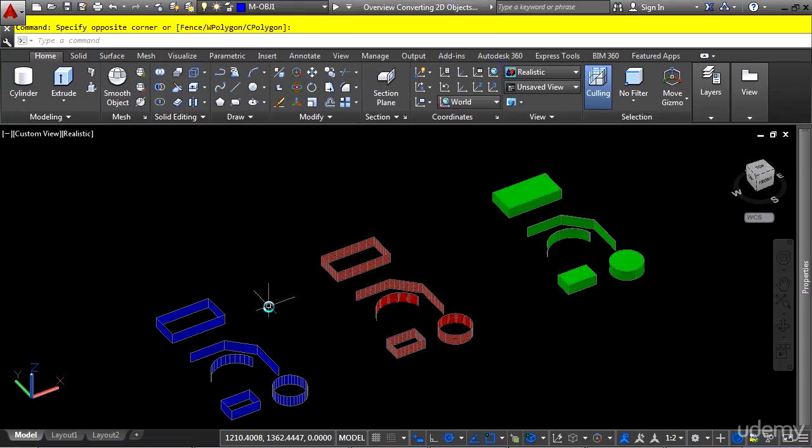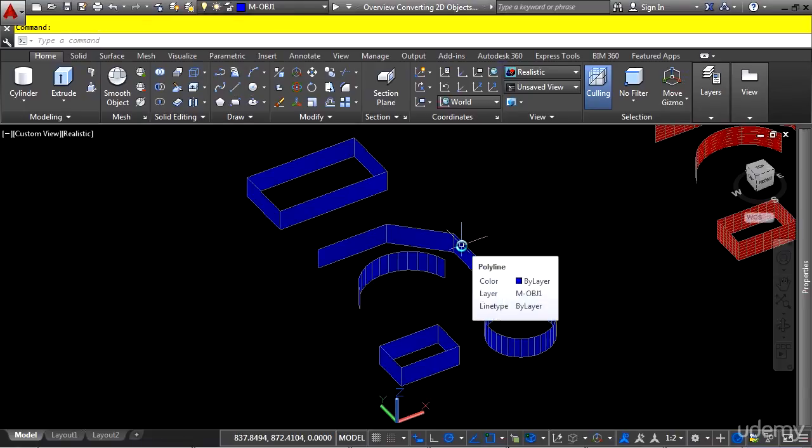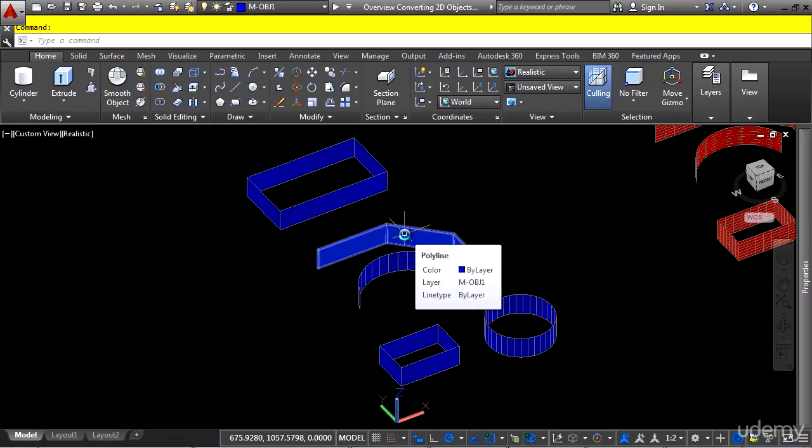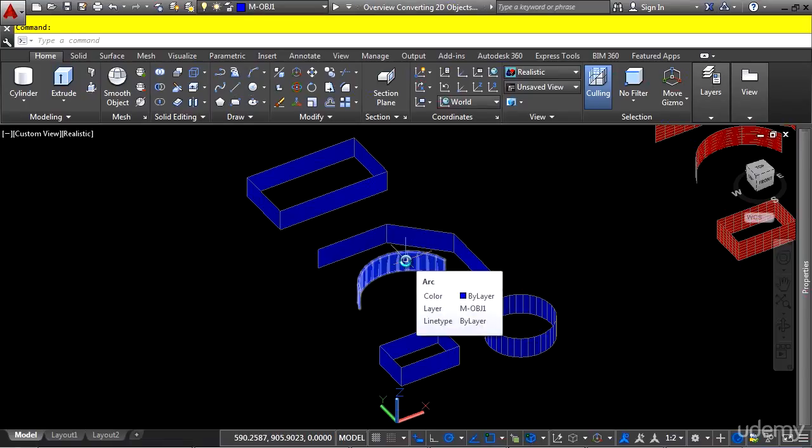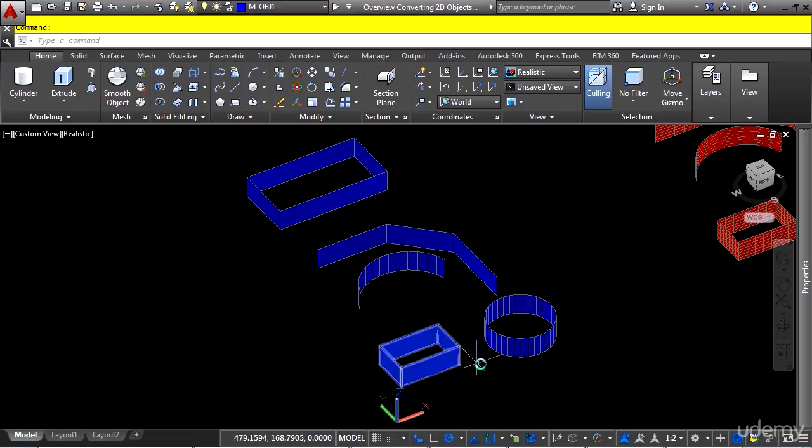So if we look at our file, I have three sets of examples of the same exact objects and what they look like when converted. All these objects here are standard AutoCAD objects. In other words, this is simply a polyline with a thickness. This one's an arc with a thickness, and this one's a polyline as well,